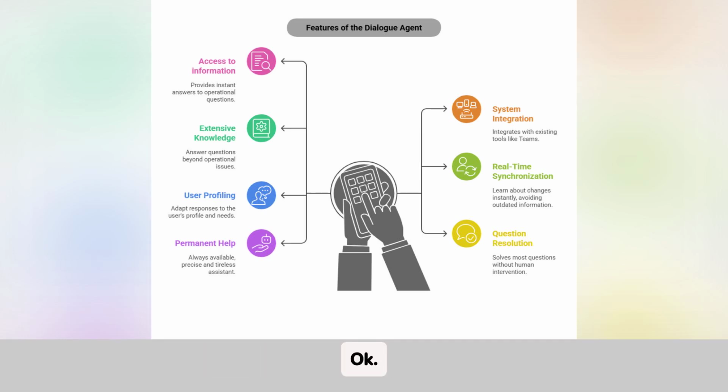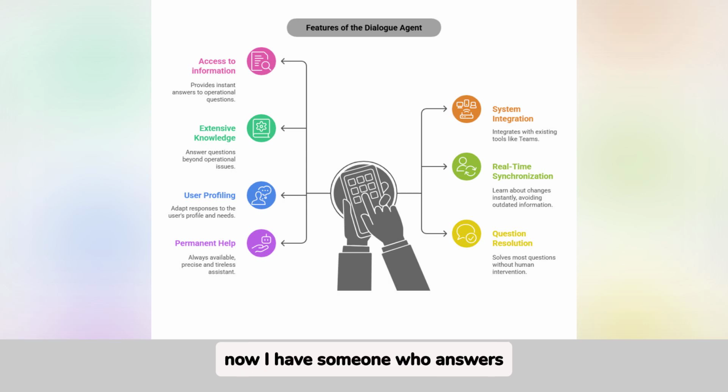Okay. So now I have someone who generates the material, and now I have someone who answers questions immediately. That's already saving me a ton of time. What I need now is someone to help me present all this to management and follow-up meetings, to investors, or in committees. But with data, clarity, and agility. And that's what the next subagent is for, which we'll talk about in the next video, Presentation AI.